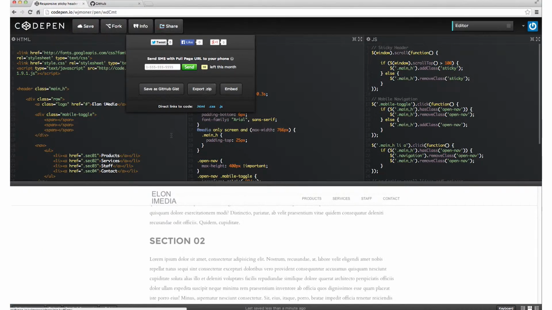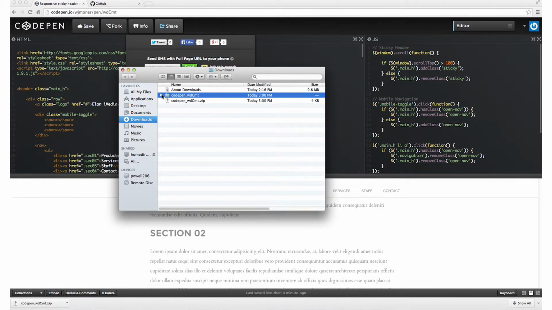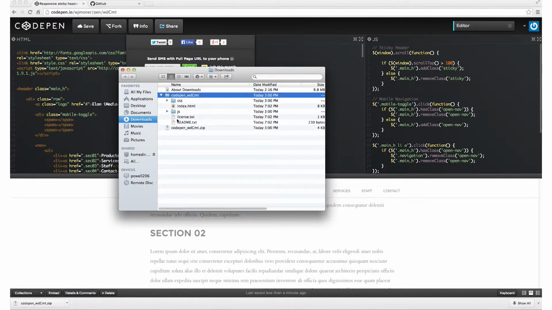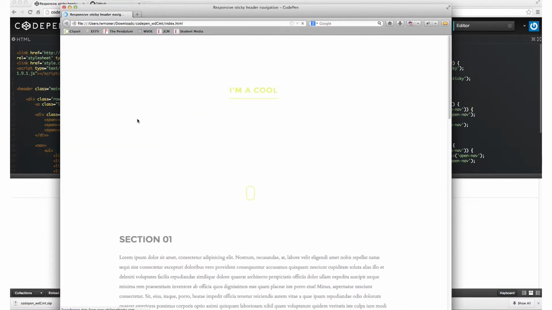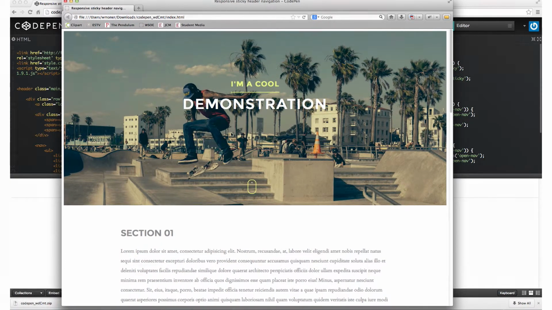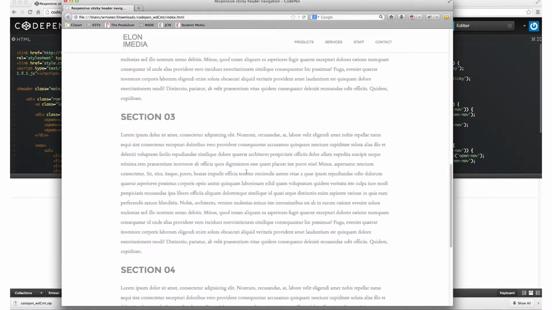And so when I do that, if I download the entire zip, it's going to come down to the bottom here. And let me move this up so you can see it. I get this little zip file, and I click on this. It will expand it. And if I bring up Finder, then everything that is associated with this CodePen is available here. And so if I double click on index.html, it's going to open up Firefox. But nonetheless, here is that entire piece of code right there in my browser.